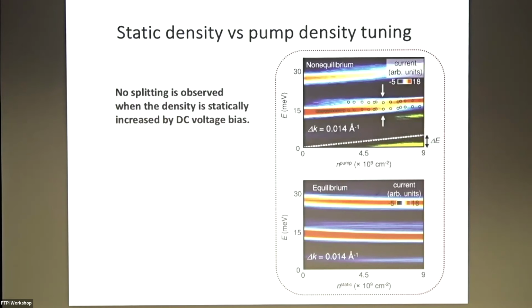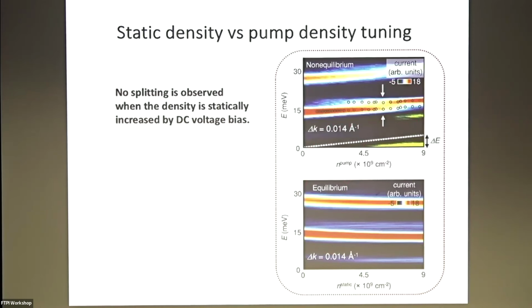First of all, what it is not is a change in the static density. You're pumping 10 to the 10 electrons in a system with about 10 to the 11 electrons, and you might think that might have some effect where things shift. But if you just look at what happens if I change the DC static density in the target well, there is no such shift as I move away from nu equals 1. So this is nu equals 1, and I move the density up just by changing the DC voltage across the structure. I don't get this splitting.